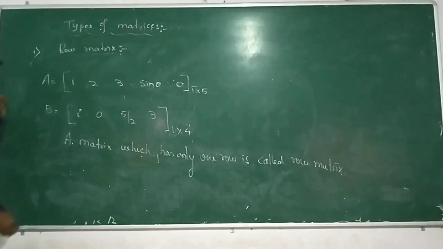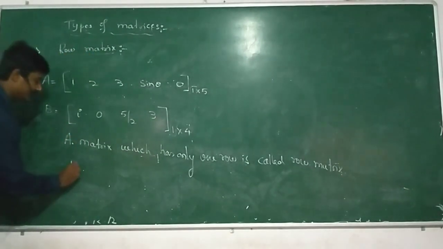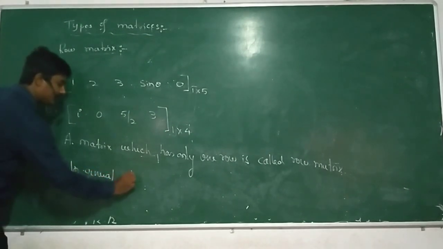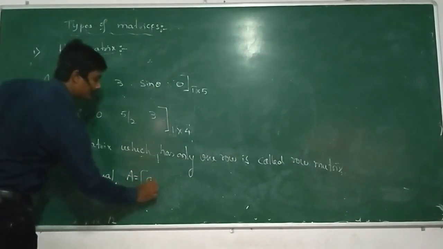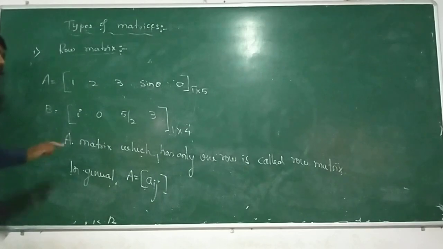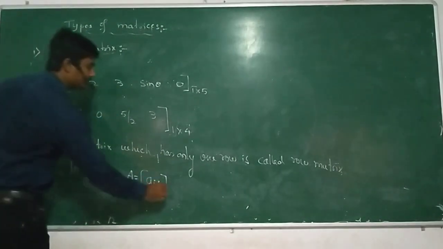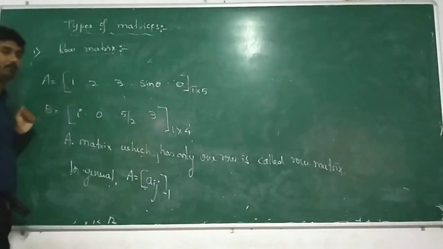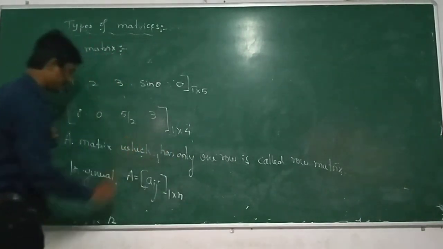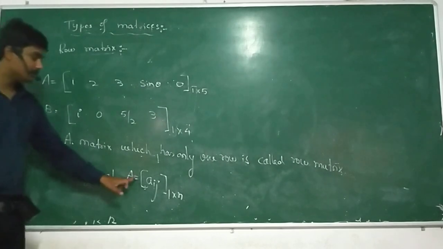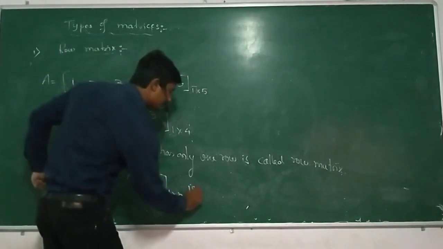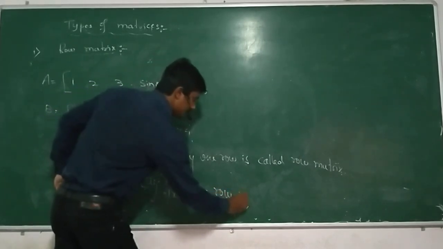Generally, how do we write down a row matrix? In general, a row matrix is written like this. Generally, we write the order as what? m by n. Here m means the number of rows. In case of a row matrix, the number of rows will be 1. The number of columns can be anything. So in general, A equals [aij] of order 1 by n is a row